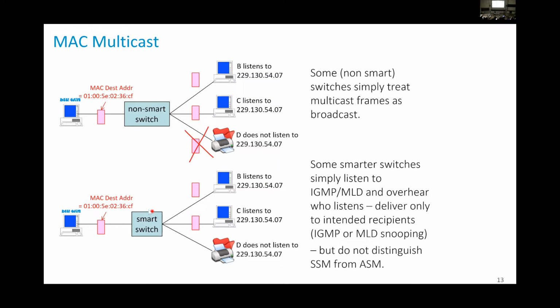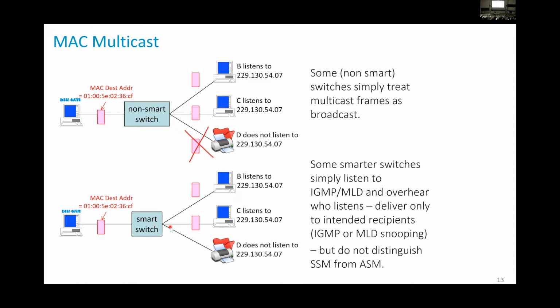But here there's a problem. There is no MAC layer protocol for knowing who is in which multicast group. So we could invent one, but it was not invented. Instead, what smart switches do, they overhear IGMP or MLD. So if the smart switch is smart, it does not just do layer 2 analysis of the packets, but it will also see, oh, this is an IGMP packet. This port has somebody who is listening to this group, so I will remember it, and I will do like PIM sparse mode does. It will create,